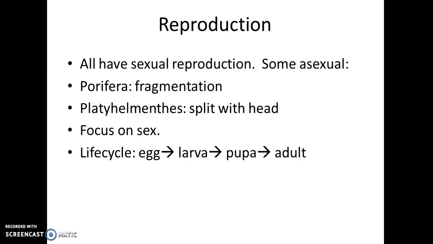Reproduction. All have sexual reproduction. Some organisms are asexual, like porifera, which can reproduce by fragmentation. Platyhelminthes, if you split the platyhelminthes and keep part of the head, you can have two platyhelminthes. But most of the time, these things focus on sex, where you have the egg, the larva, the pupa, and